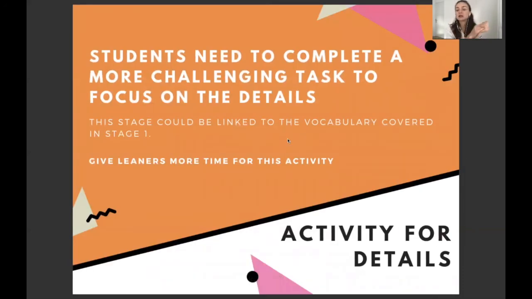And let's move to activity for detail. Activity for detail is a more complex activity. So here we need to complete a more challenging task and focus on details. We can give our students some more time for this activity. It's